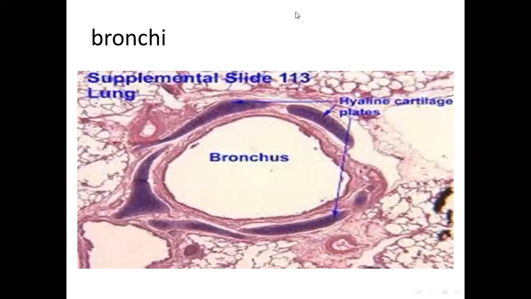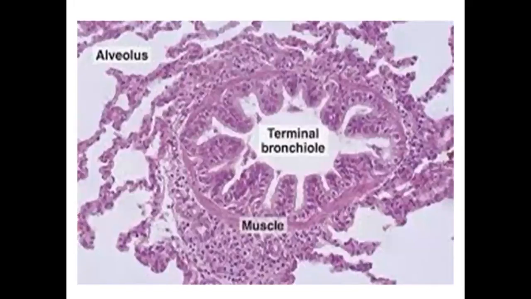Before we come to the bronchiole, let us finish the bronchi and then move to the bronchiole. We must remember that the lining epithelium of the bronchus or bronchi is respiratory epithelium with goblet cells. Then when we come to the bronchiole, which is within the lung, its lining epithelium changes to ciliated simple columnar with occasional goblet cells